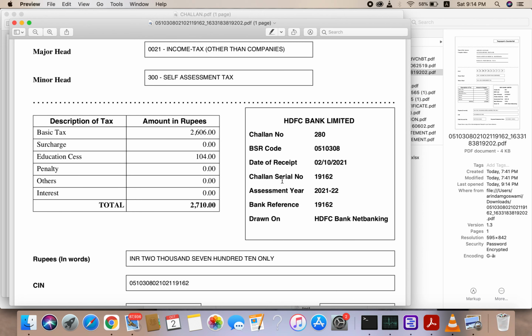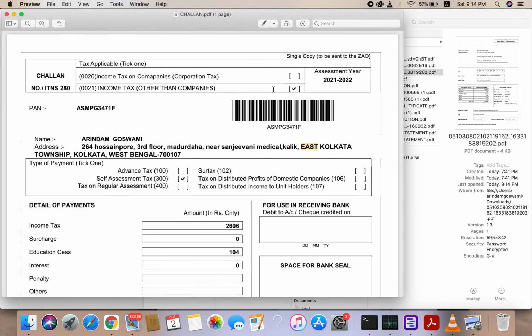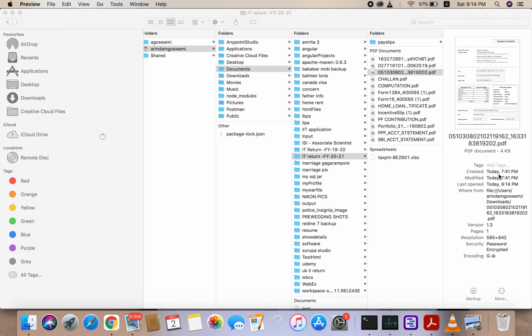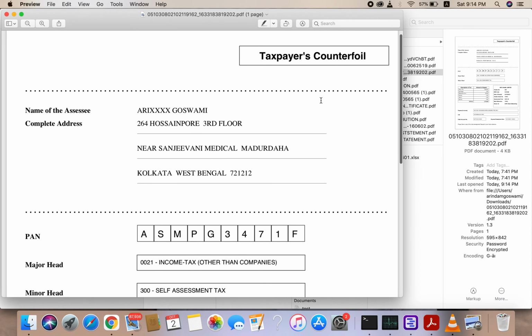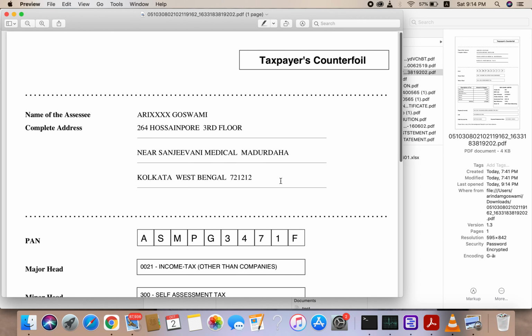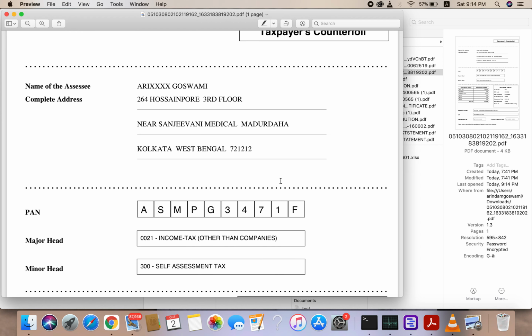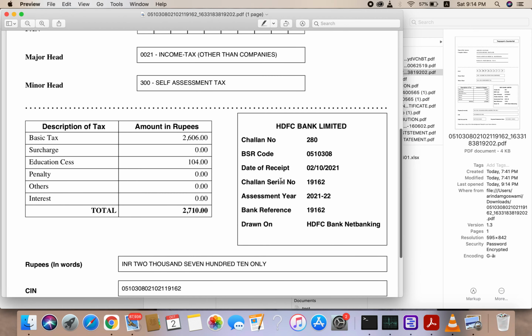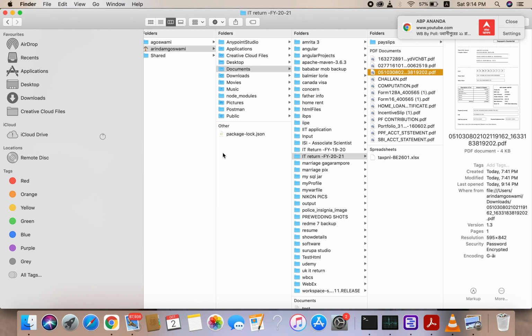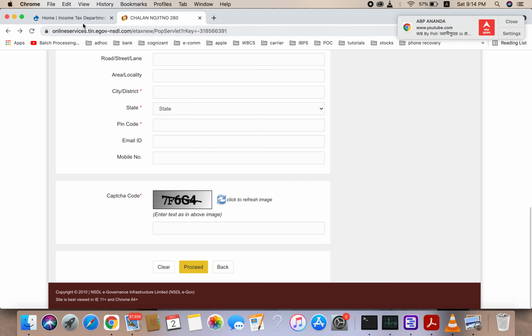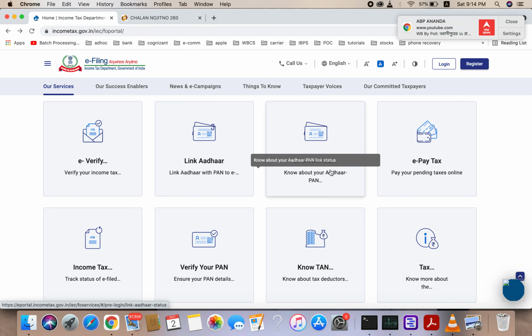So you just need to send it to your refunder, who will actually do the refund on behalf of you. Or if you are doing your return on your own, then you need to use it wherever it is applicable. So in my case I have just mailed it to the person who is actually doing the tax return on behalf of me. So that's it. I have paid it to the government, and then after 2-3 days that person will do the IT return on behalf of me. So that's it. Thanks, happy learning.